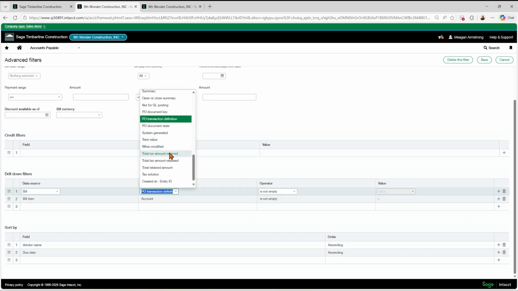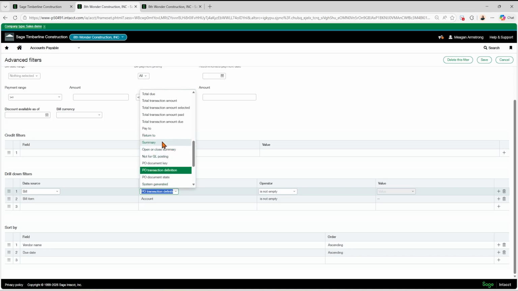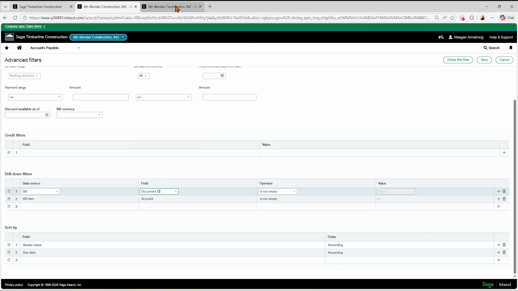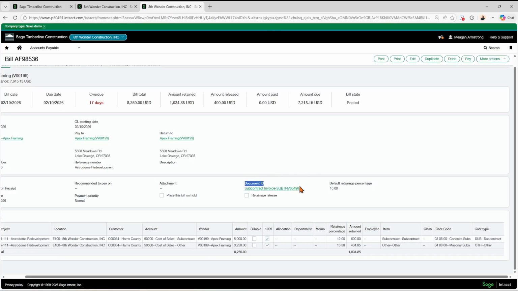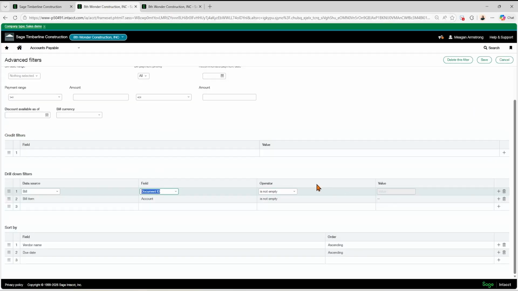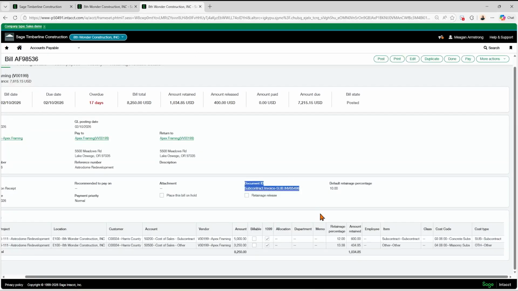You know, term values, anything like that. There's a lot in here that you can go through, discount dates, even a description or the document ID. This document ID is from the subcontract. That's kind of going to be the same thing, but you can do equals and you could do a specific one in here. So if we wanted to do the subcontract, we could do this one. Actually, we probably need the whole thing.